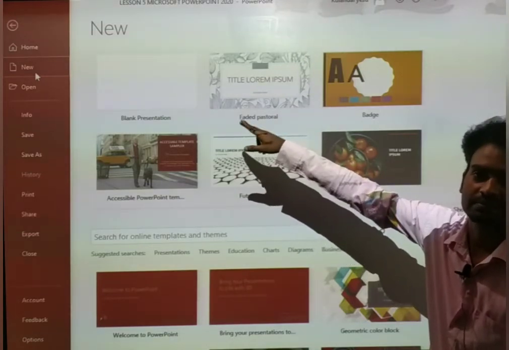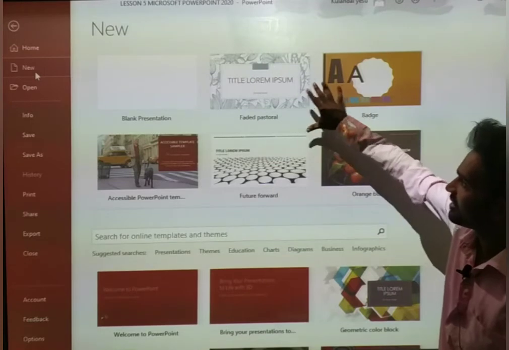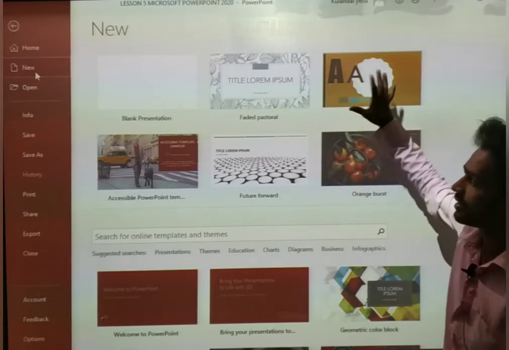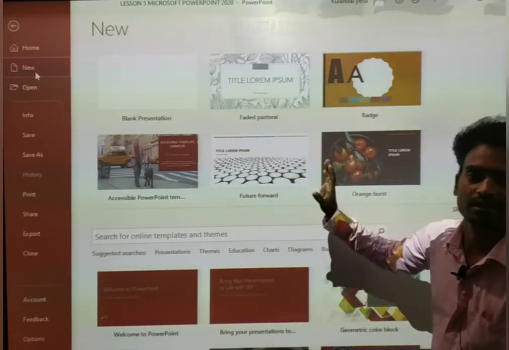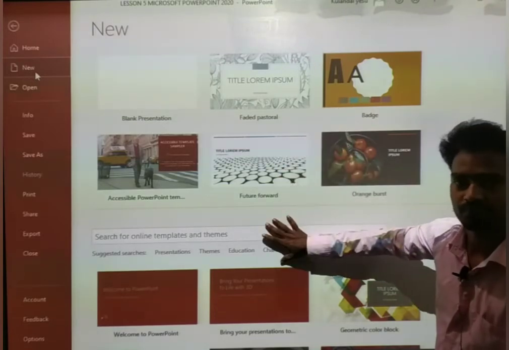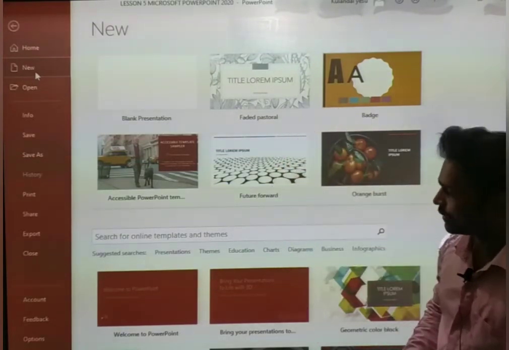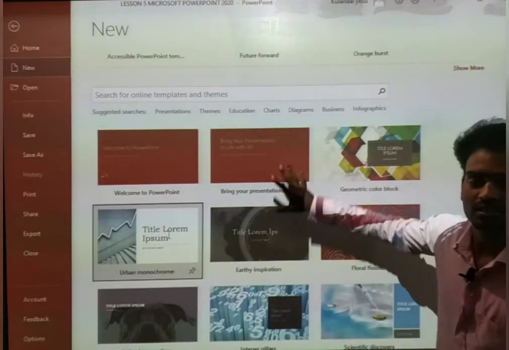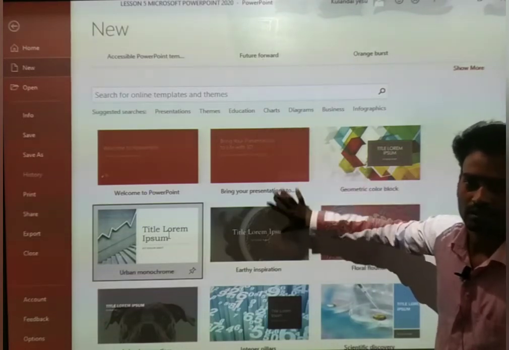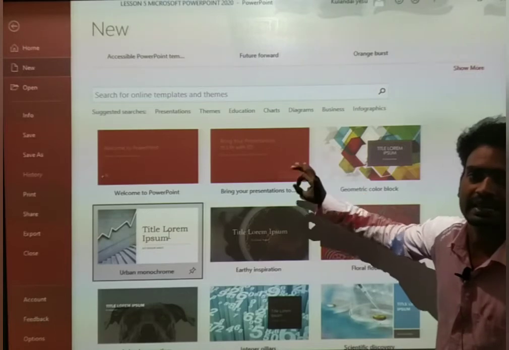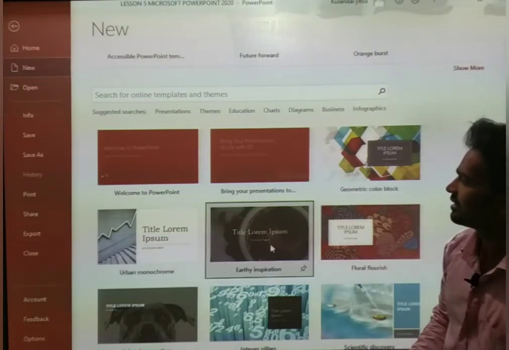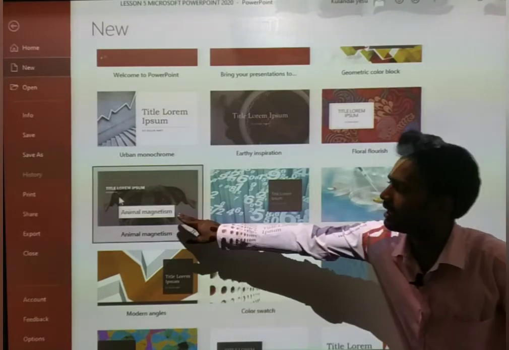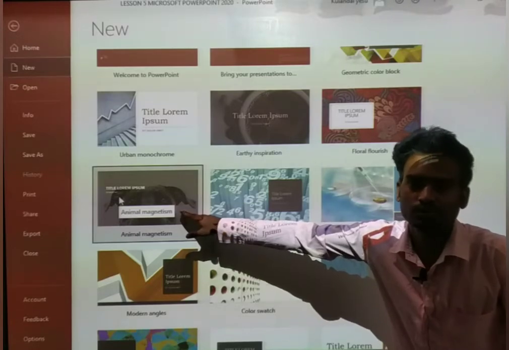Yesterday we saw the blank presentation, but see here, this side, everything has different colors, different types of text and background color, everything here is different. This is what we call a template. This is called a template. Even down here, see, there are plenty of templates. If you have an internet connection, you can even download them, right? First time, if you have a net connection, you can download that. We have plenty of templates. So now, I'll just open this template to show you. I'll open this template.